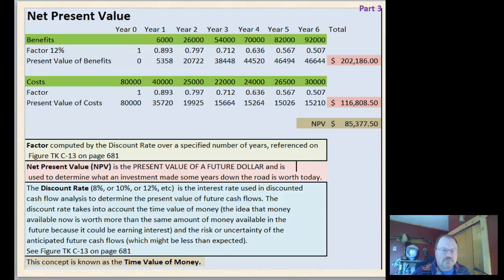Now, it doesn't really tell you a lot for one single project, but if you do that with multiple projects, you can compare the NPV today, one project versus another project, and whatever project provides you the greatest NPV, then that's a reason to go with that project. So the financial analysis piece of this is really important because it goes back to the fact: why would you do a project if you're not going to make money? How can you determine if you think you're going to make money? Well, by doing these cost-benefit analyses,